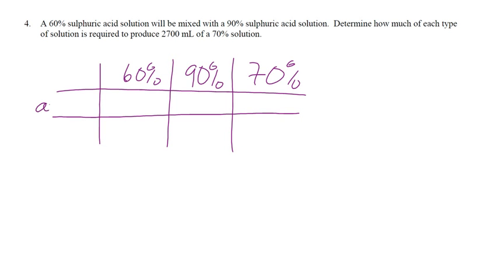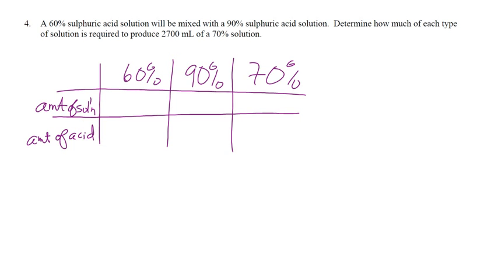And we've got the amount of solution and the amount of acid. Okay, so in a 60% solution, we have 1 liter of that, 60% of it, or 600 mils, will be acid,